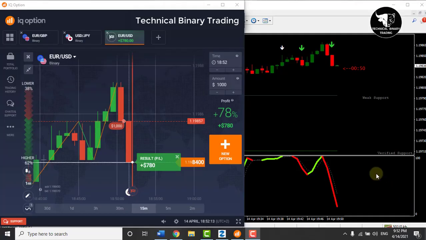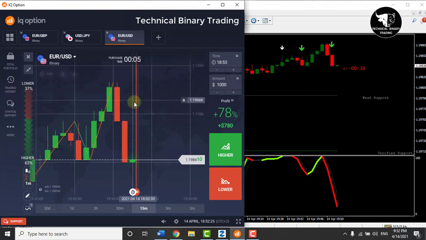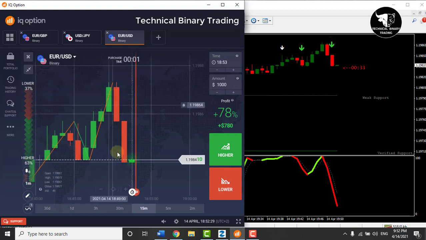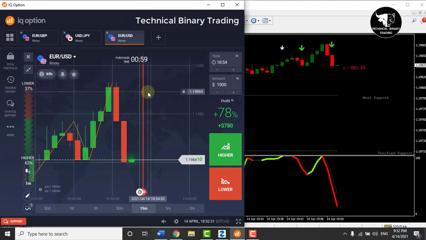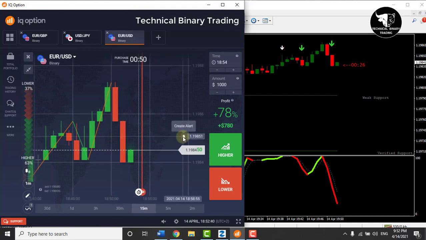Now in the last part, I will apply the indicator with my own 1 minute strategy. This is just to show you how to earn profit. You can see that I have applied a 0.7% zigzag indicator on a 1 minute candle chart, and the same chart is opened on MT4 with the support and resistance indicator. You have seen that I have won my first downward trade because arrows were clearly visible and the stochastic was red.